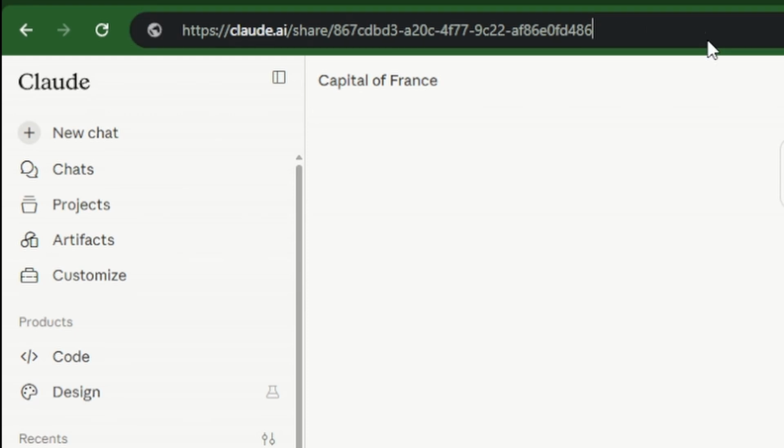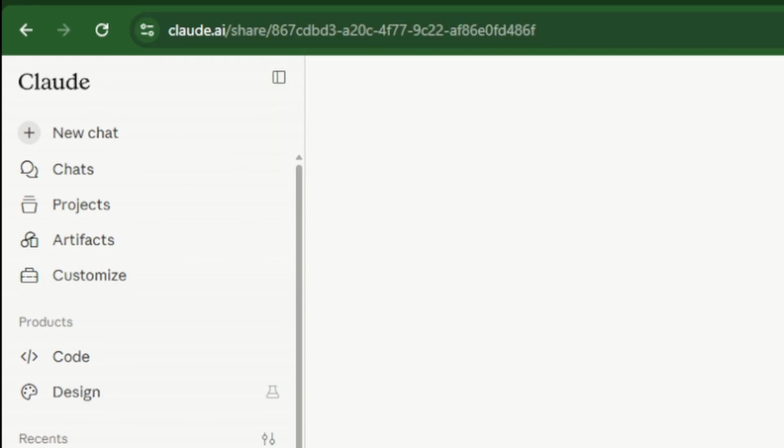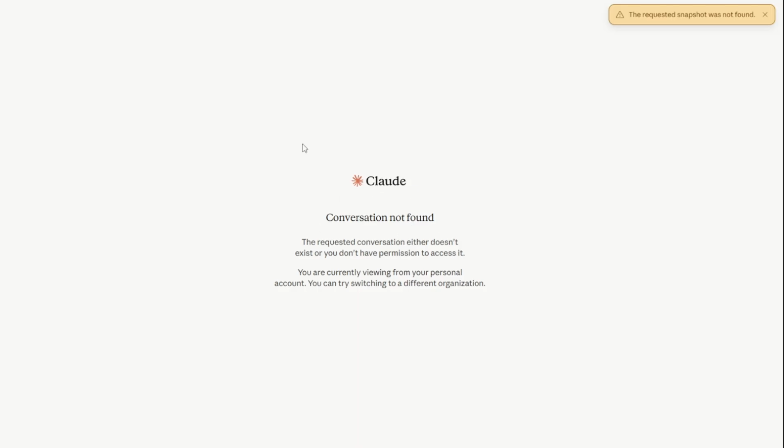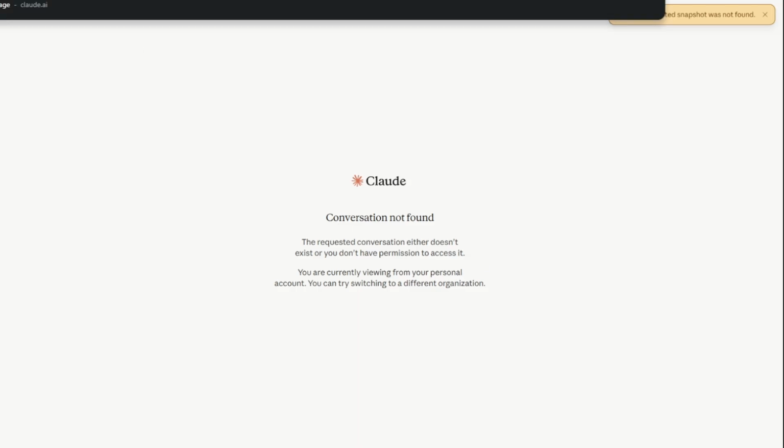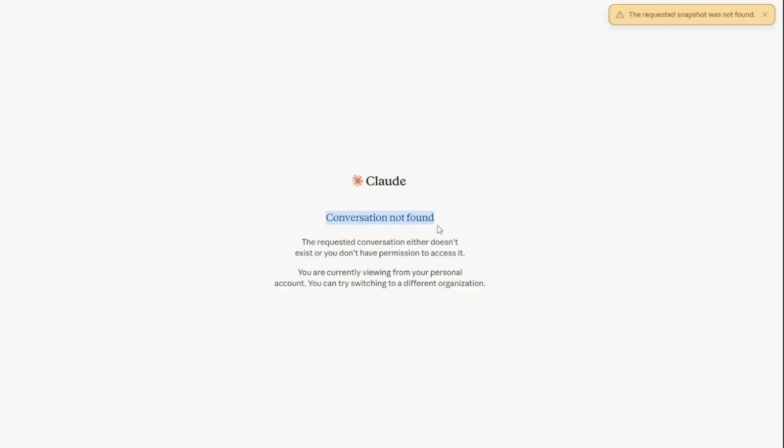So I could change this E to, say, an F, and conversation not found. So this GUID might be associated with a conversation, but it's not publicly accessible. So I'm not able to find it. Programmatically, we can run through this tens of thousands of times and see if we get returned a true conversation or just look for a conversation not found. And this is how you would find it.